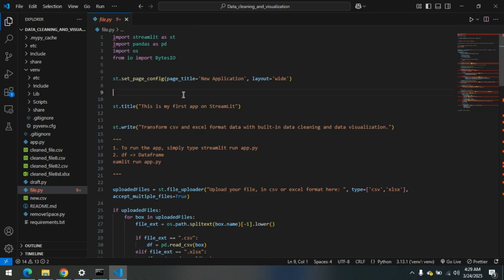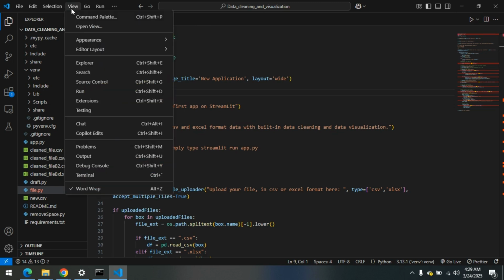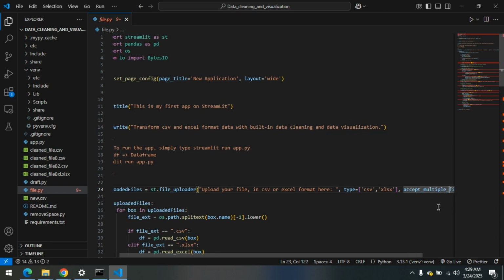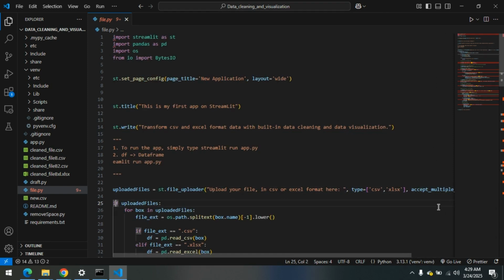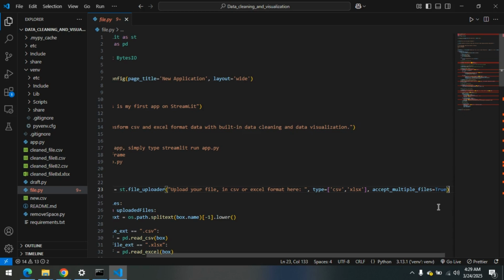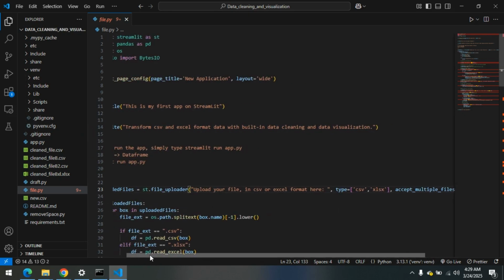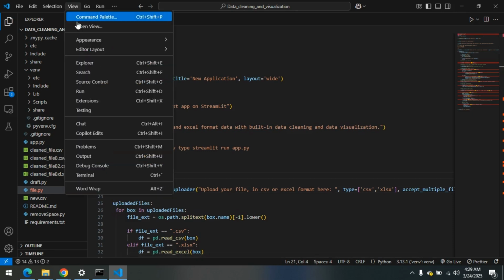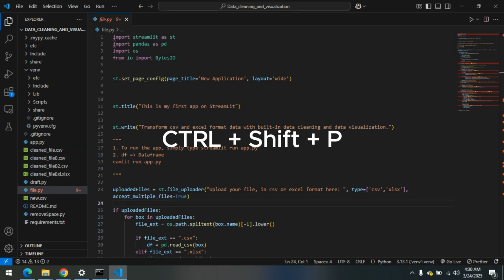If you want to wrap your text, you just come to View and go all the way to the bottom, press Word Wrap. That's really helpful because if you're writing a line of code and it goes beyond your screen limit, it becomes a bit difficult for you to scroll sideways, right? So in order to make sure that everything is on the same screen, what works best is that you click on Word Wrap, and